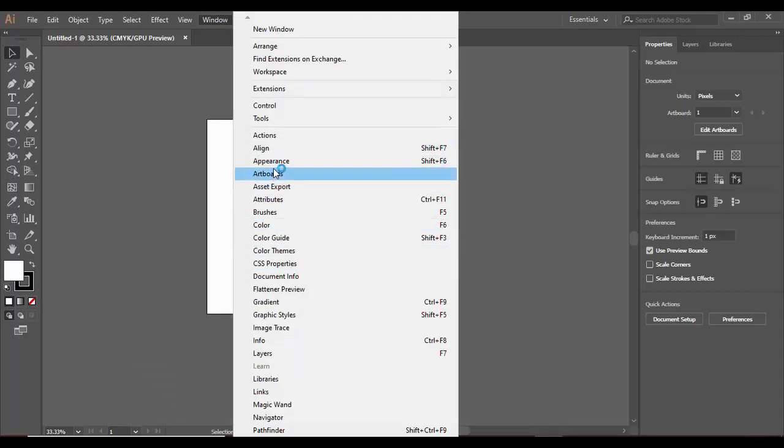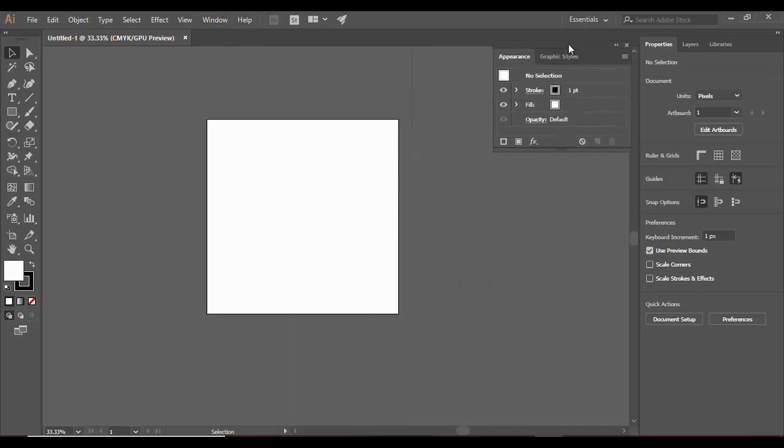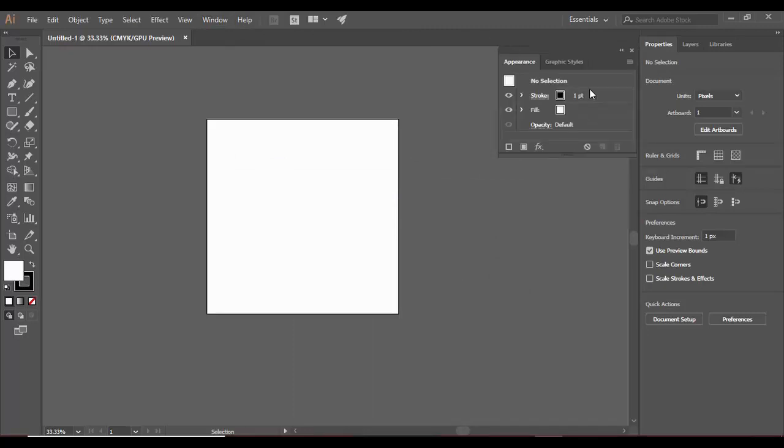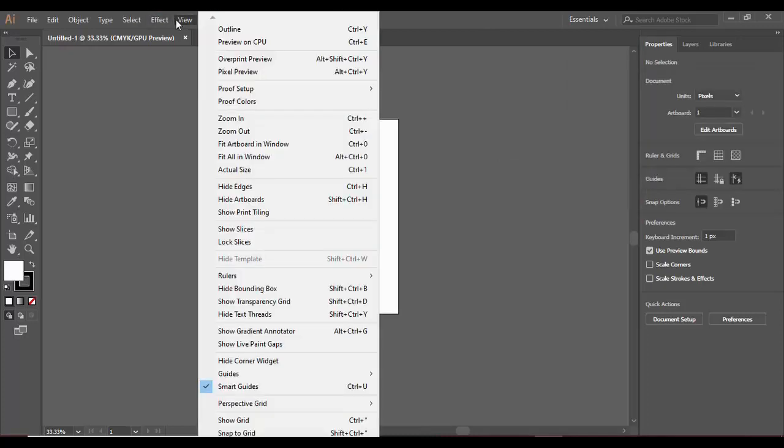You can also just click on appearance, and this appearance tab will be here. You can just navigate it to any place else. You can minimize it, maximize it as per your choice. Now if we just go to view,